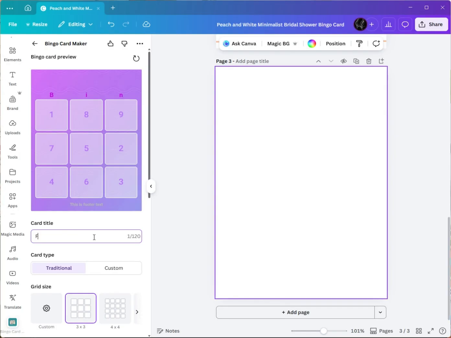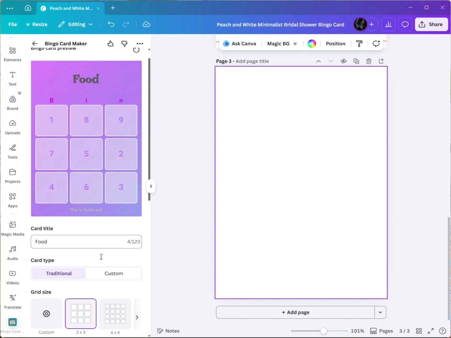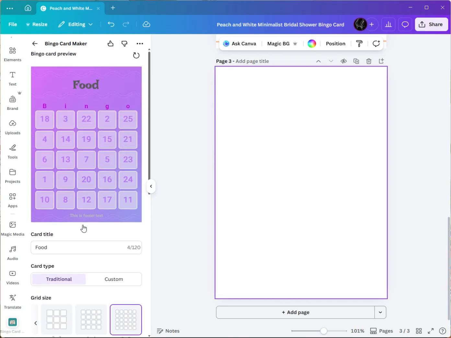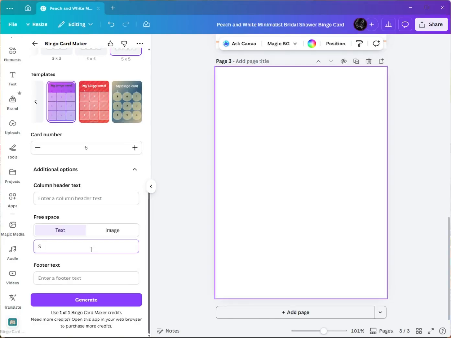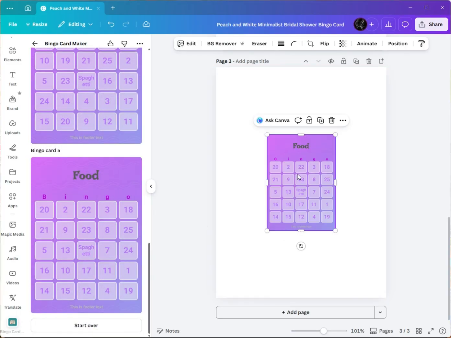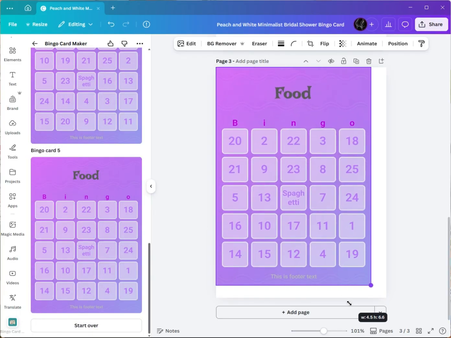I'll change the card title to Food and select a grid size, like 5 by 5. I can also pick a different color theme and even customize the free space text. Let's change this one to Spaghetti. After choosing how many cards I need, I'll click Generate. Once they appear, I can click on each card to add it to my canvas and resize it so it